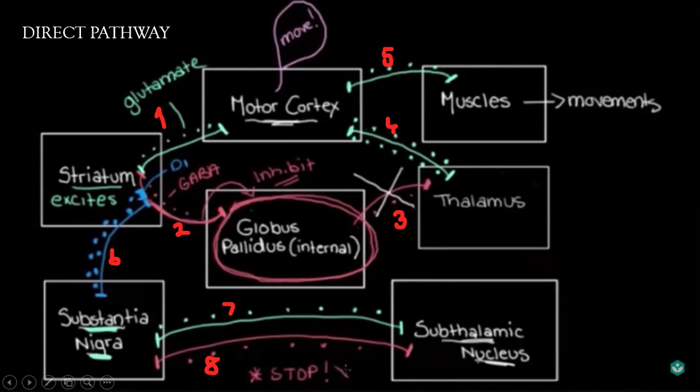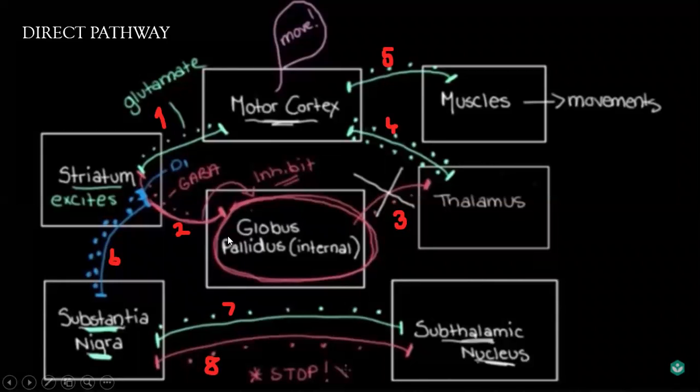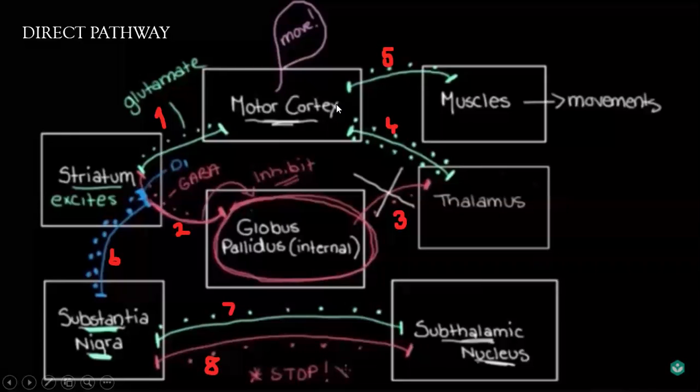What happens here is substantia nigra has dopaminergic neurons which go into the striatum, and acting on D1 receptors, it further inhibits the inhibitory neurons of the globus pallidus. So by this pathway, substantia nigra through the D1 receptors further inhibits the globus pallidus interna, which again reduces the inhibition to thalamus. So it further activates the motor cortex. So direct pathway is wholly about initiation of movements or